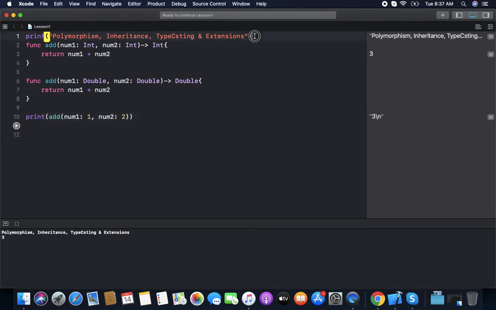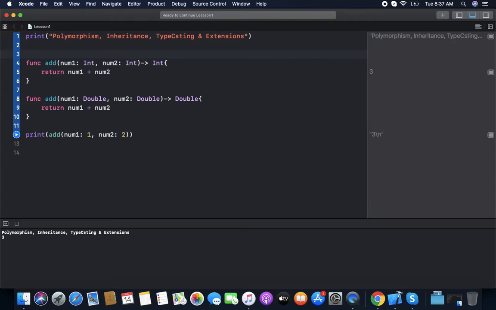So it is called polymorphism, and it is static polymorphism, or overloading. So we overload one method with another method.